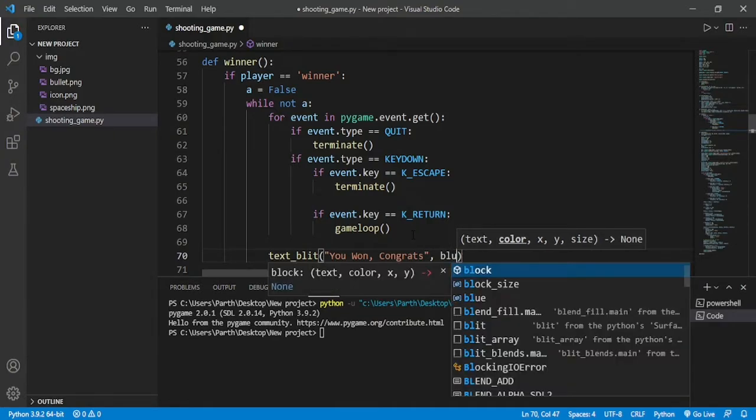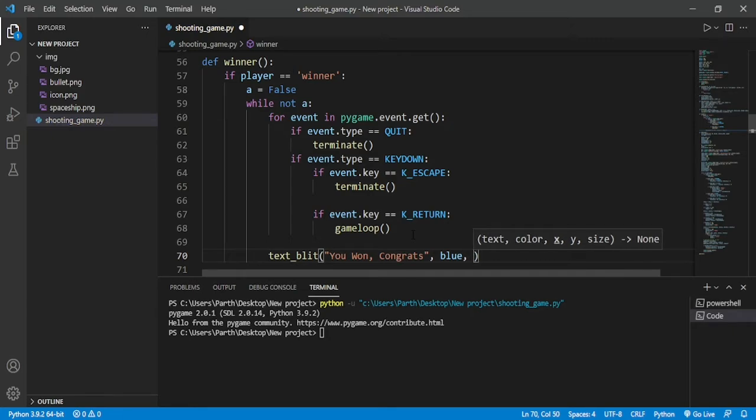Let's just pass blue for now. For the x and y coordinate, where we want this message to appear, we want it to appear at the center of the screen. So x is going to be, let's just say, 400, and y is going to be 200. We can change it when we see how it appears, and size is going to be 20.